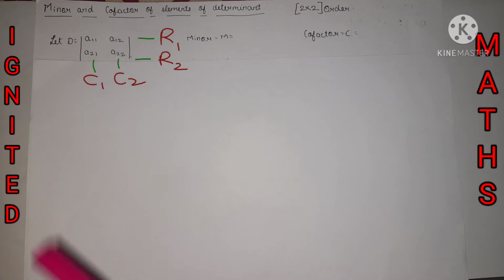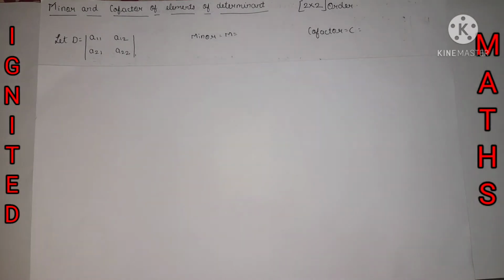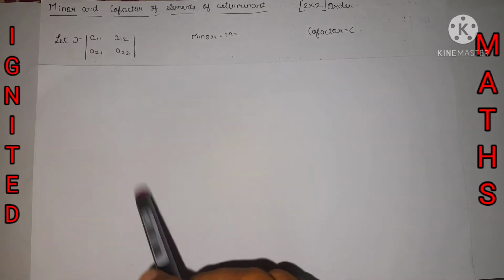Now for the example, we took the Aij term. Now we will take one more example also, so even more doubt will be cleared, related to the terms. First we will clear the concept with the Aij term to find the minor and cofactor, and we will move to the numbers with the term. Okay, so first let's clear the concept with the Aij term.